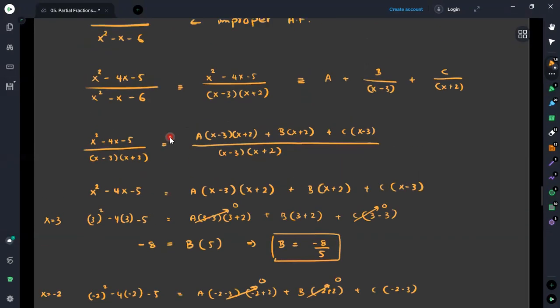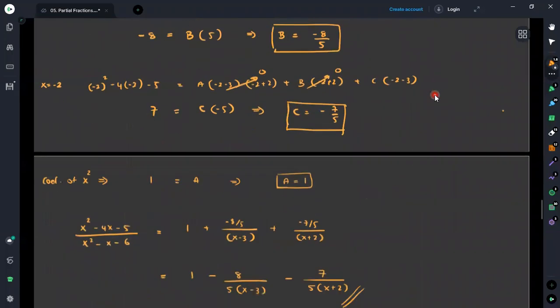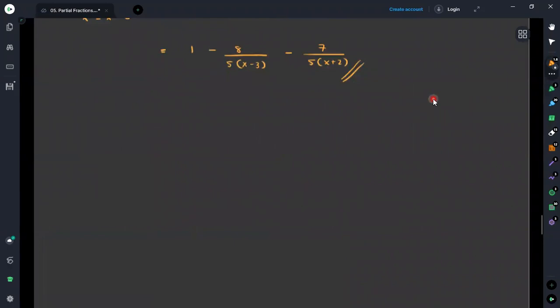Now, when I was discussing the proper algebraic fraction, I discussed the distinct factors. Therefore, if you are having distinct factors, we can use this technique. And I will explain another case as well. Suppose you are having an algebraic fraction in this form: x cubed plus 9x plus 2 over x squared plus 2 times x plus 3.